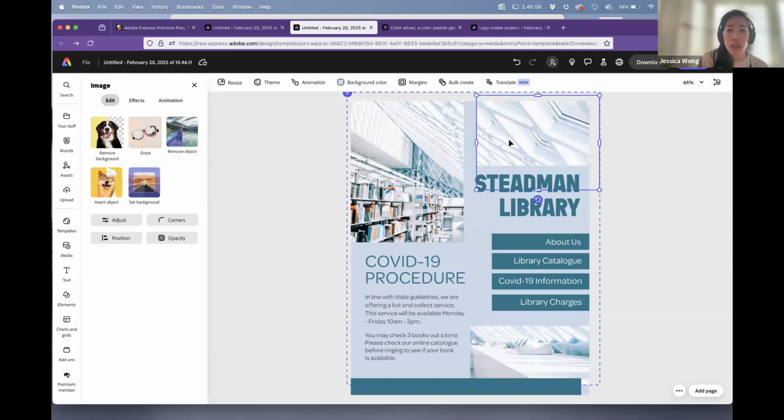So yeah, everything here is customizable as well. So let me stop sharing my screen and let's see if anyone has any questions. Is Adobe Express Premium free for all? Yes, for non-library nonprofits as well. Adobe Express is free for all 501(c)(3) nonprofits, whether local or global. It's free.